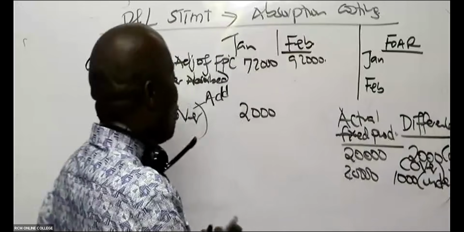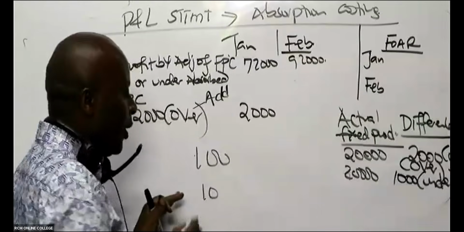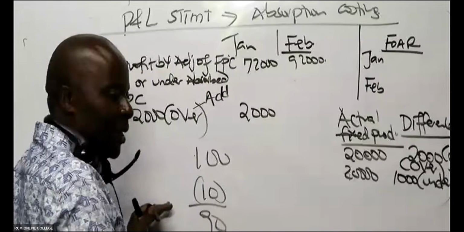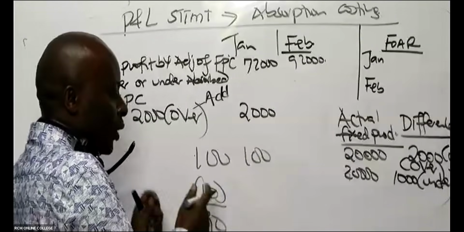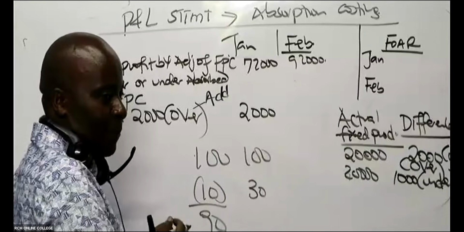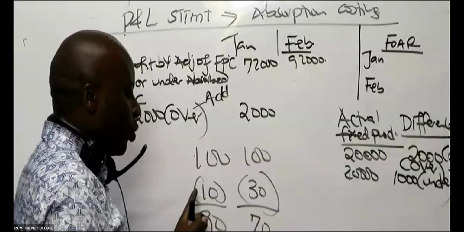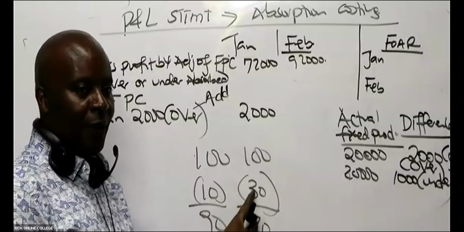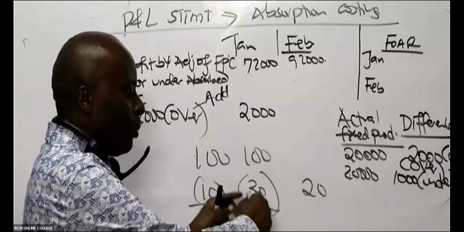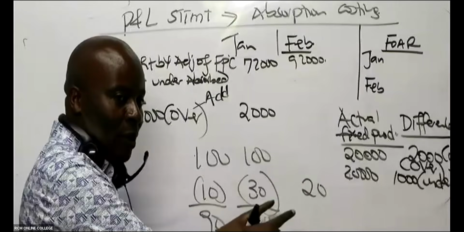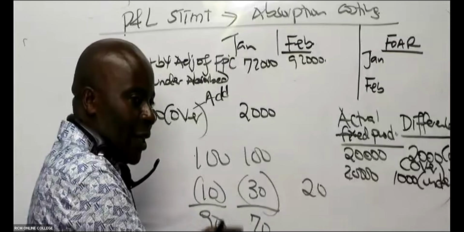Look at this. Assuming you are subtracting two figures, 100 and then 10. When you subtract 10, you're getting 90, isn't it? What if, instead of 10, you overestimate this figure and use, for example, 30? Then 100 minus 30 gives me what here, somebody? 70. So what is the difference between 10 and 30? 20. And this 20, ladies and gentlemen, is because I absorbed more. So this is an over absorption. If I want to correct this 70, I will go back and add what here to make it